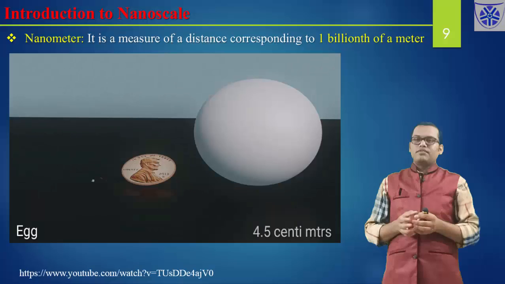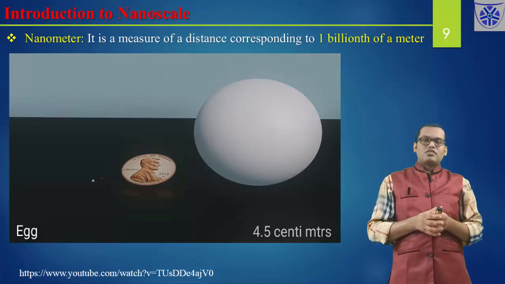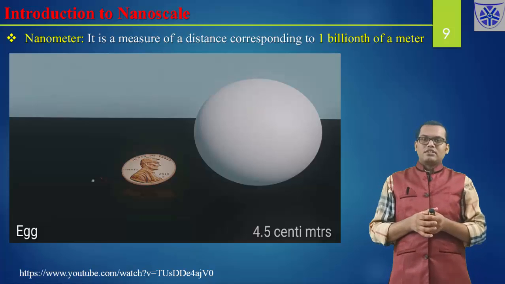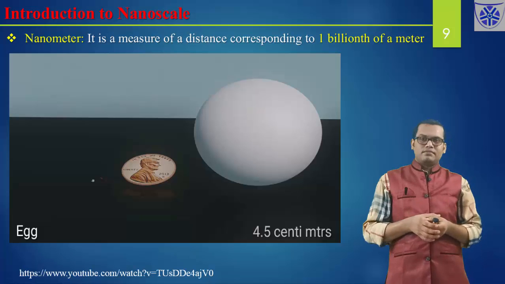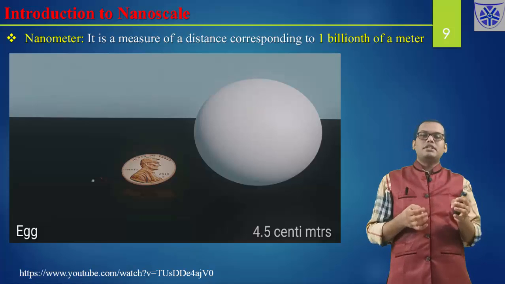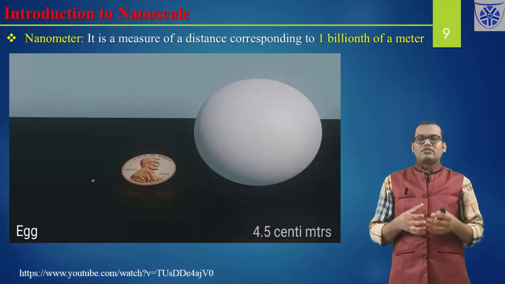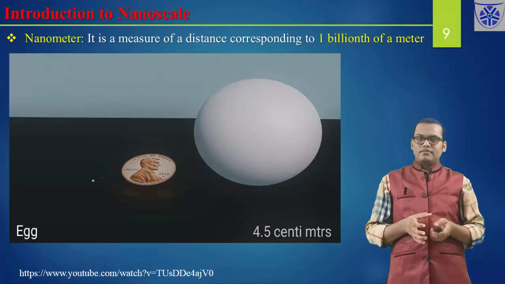So this is about the different types of materials, varying from the nanometer to centimeter. Now you must have an idea what actually a nanometer is. Apart from the mathematical expression, that 1 nanometer is 10 to the minus 9 meter, you have some idea of what the nanoscale actually is. Right?